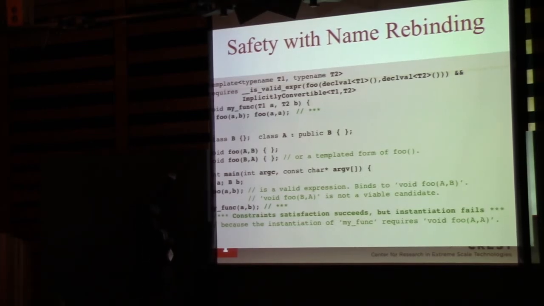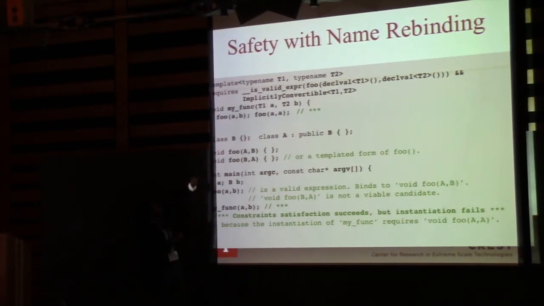And you say that T1 is convertible to T2, which means that foo in that context should be binding to the same foo that is bound to A and B. Do you guys see that? Can you see that? And then somehow, when I come here at the point of use, constraint satisfaction succeeds because